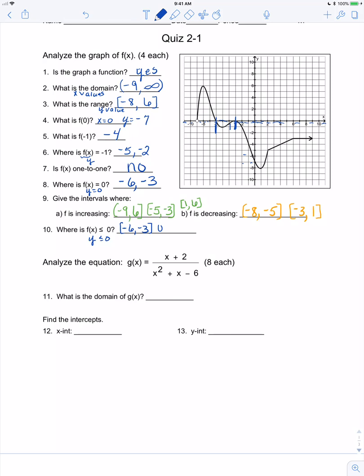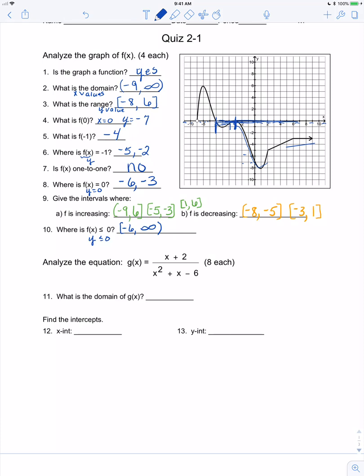It's less than or equal to, so since that's equal to 0, that's included, so all of this actually is less than 0, so that should just go to infinity. Sorry about that. So it's less than 0 from -6. All of this is below that line or touching that line because it's also equal to it, so that goes to infinity. All right, so the next one that we're going to look at is analyze the equation